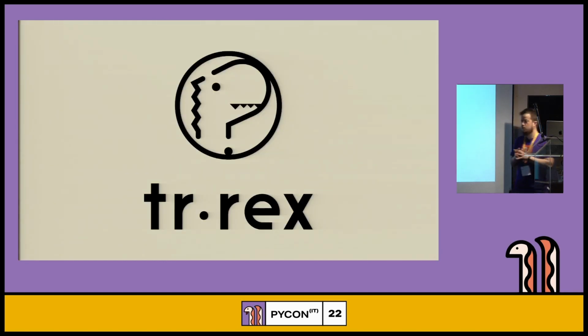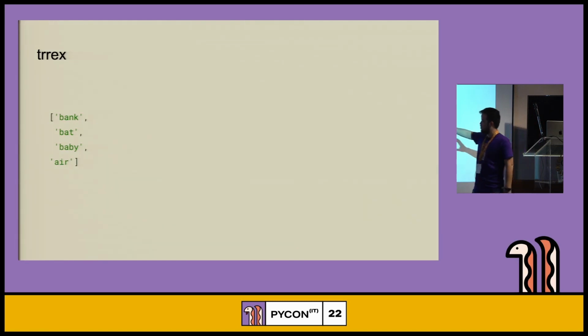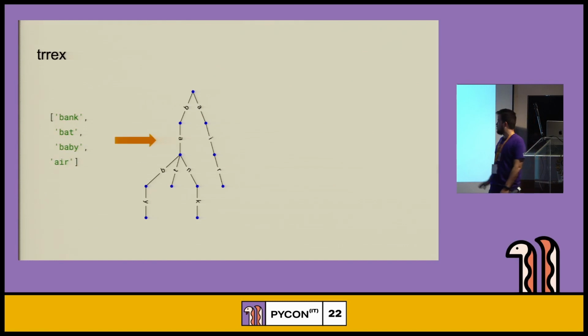So for making regular expressions great again, I wrote a small library called Trie Regex. Trie Regex stands for Trie plus Regex. It can be pip installed. Basically, what it does is it takes a list of strings and transforms it into a trie.